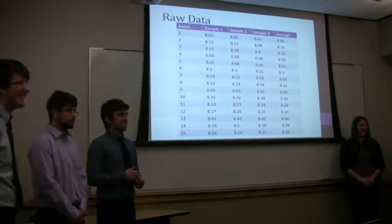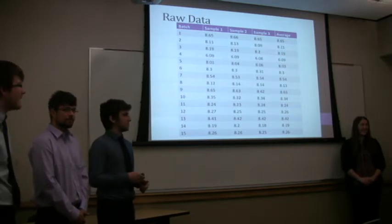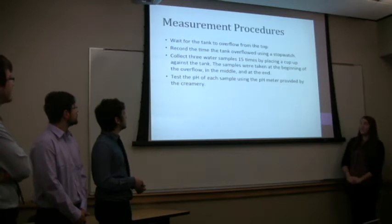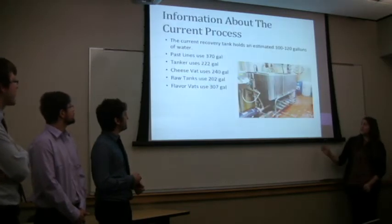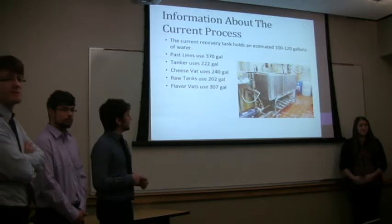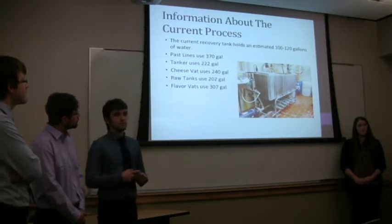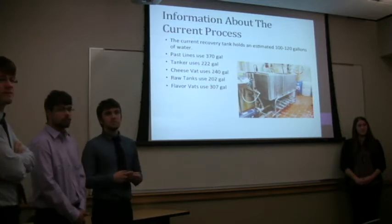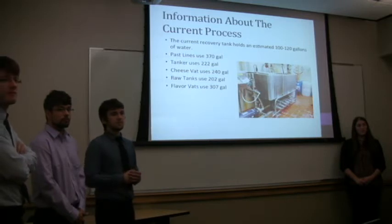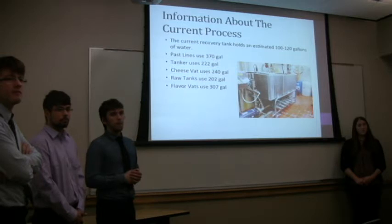Just going to bring us back to the system, and I think you have a photo of what it looks like. There's a rinse tank. The one with the water? Right there. So one end, the nearest end, is a freshwater tank. And then about two-thirds of it going away from us there is what we refer to as the recovery tank. And as a little background, when the plant was first built in 1992,